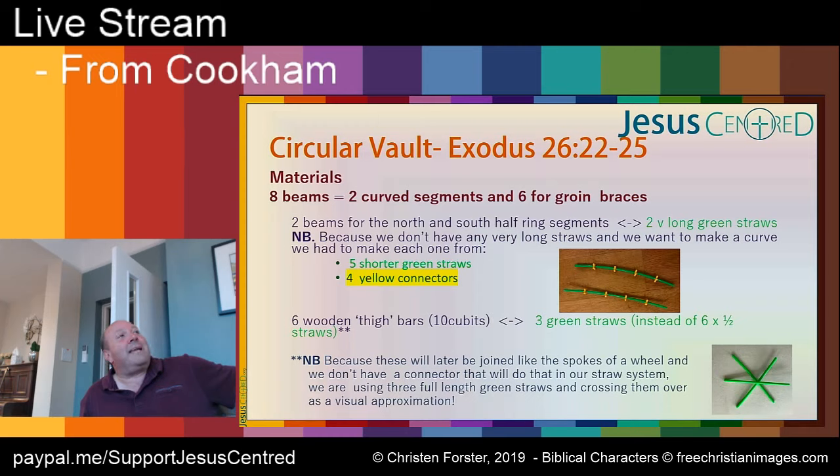So to make this, we actually have to do this in a way a little bit different to the way it's described. Because to get the bendiness, we're going to have to join several small pieces together, and as we're going to see, they're going to join to the parts around the outside. We're going to need to put some extra joints in. So we're going to create the 2 longer, 2 bendy bits. Oh, you've done them already.